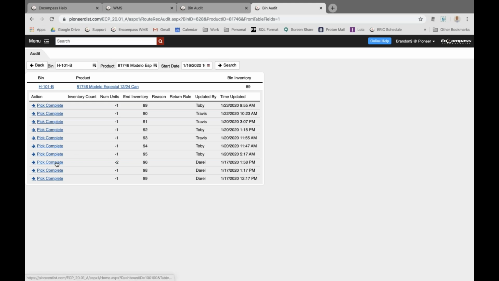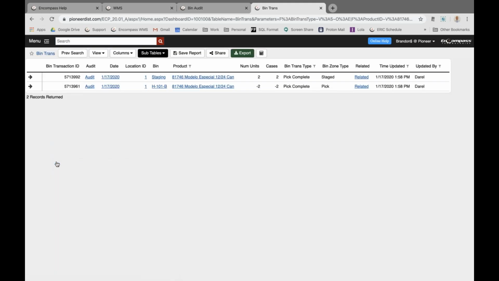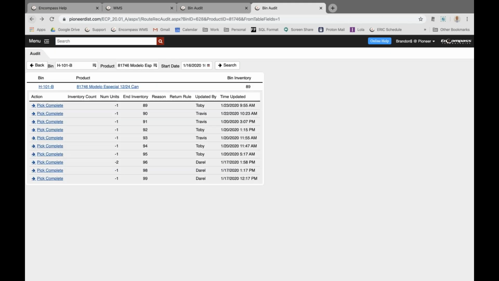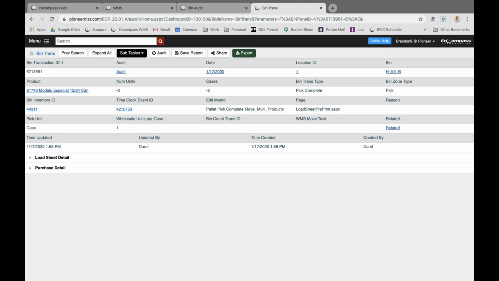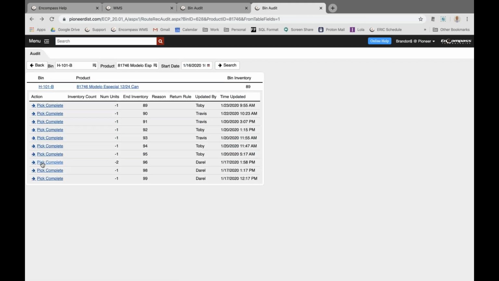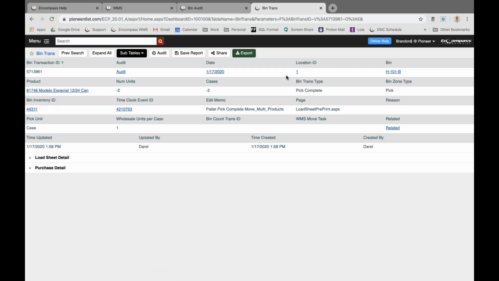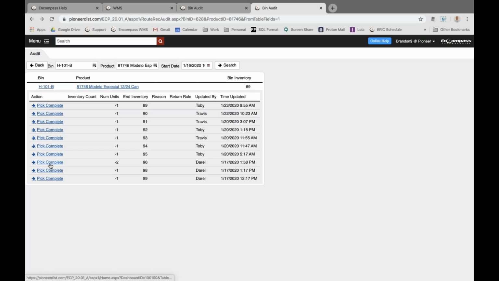And if we click on this action here, we'll be able to see the bin trans that created this. So we've got 2 buttons here. The arrow will show you the single transaction. So we know this was a -2 pick complete bin trans. So I can click the arrow and I see just that bin transaction. If I click on the word pick complete,